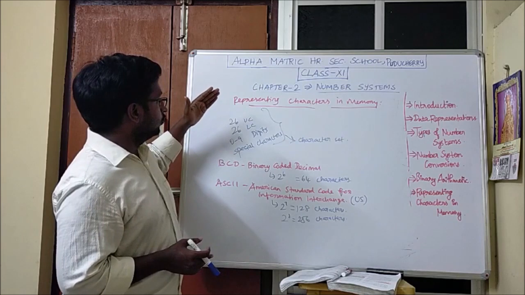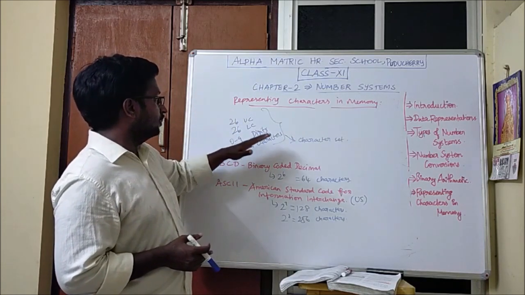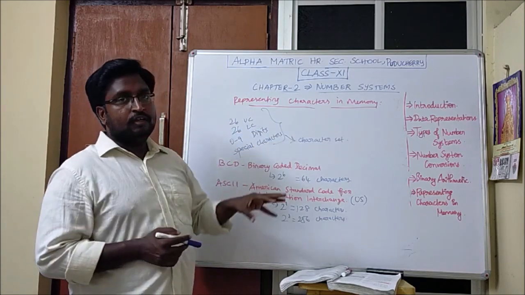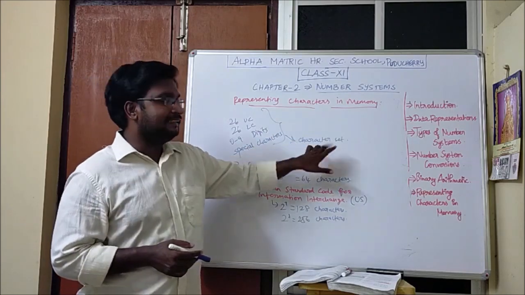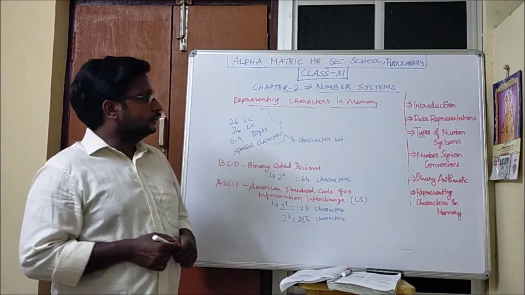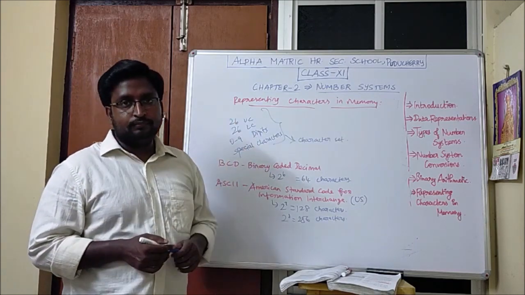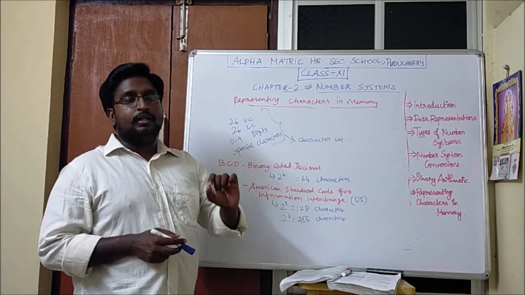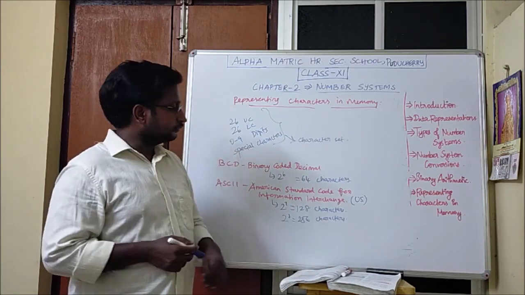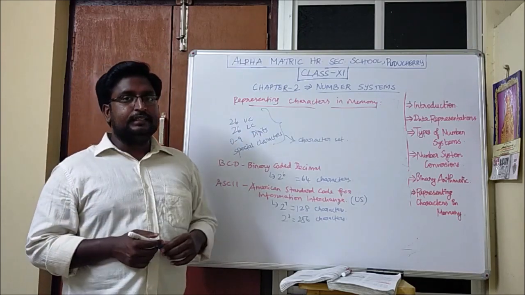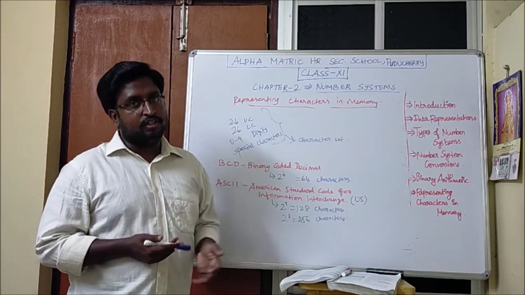The 26 upper-case characters, 26 lower-case characters, 0 to 9 digits, and all the special characters will each have a unique number. Those are called a character set. So each character will have a unique number, and only that number is understandable by the computer. These numbers are developed based on the coding schemes.